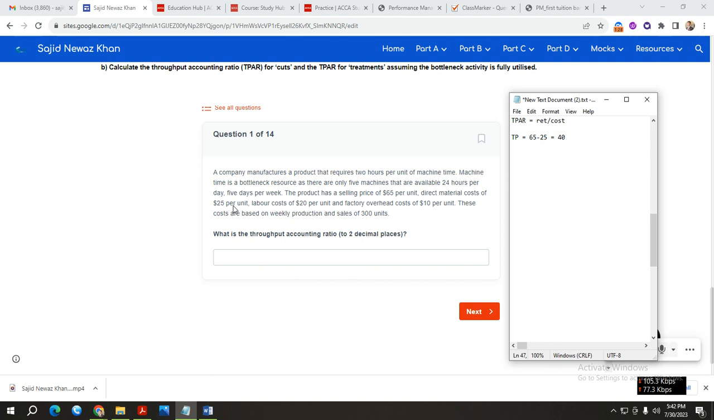Correct? And how much time do we need? If you look at here, the product requires 2 hours per unit of machine time. So return per factory hour is 40, which is what we make from each product, and it takes us 2 hours to make each product. So every hour we make $20. This is my return per hour. We will also need the cost per hour. So as far as cost per hour is concerned,